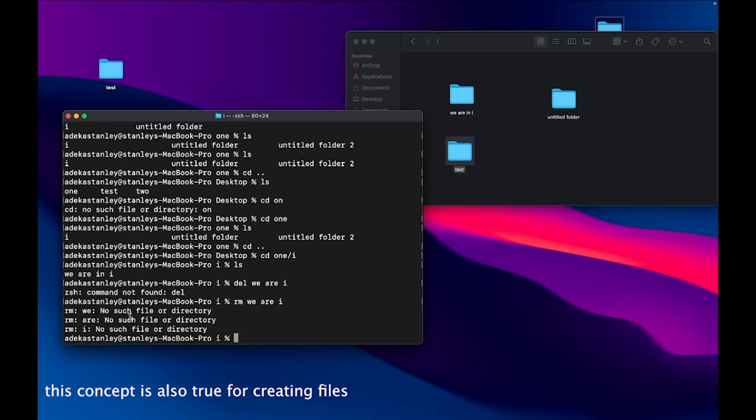Because of these spaces. So now what your terminal is seeing, it's saying delete b, delete r, delete I. It's looking at this as 3 different files. The only way we could delete this file that has space in between it is if we put it in quotation mark. So now we are saying this is one word. Delete we are in I. Now that it's in quotation mark, we can actually delete it. So on Windows you say del and then you put it in quotation mark because of the spaces in between the name. And if we hit enter,